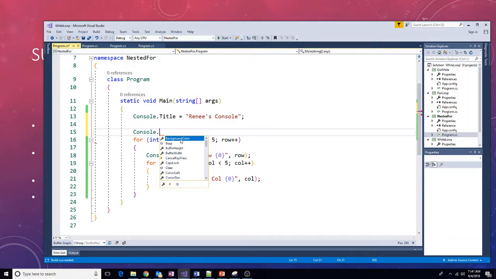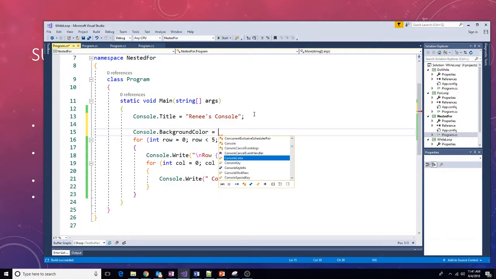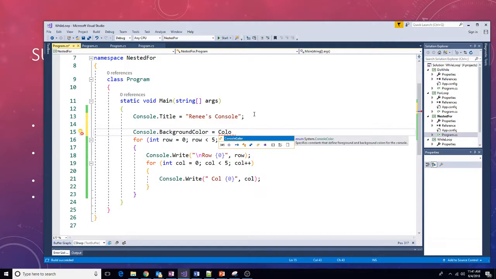So I want to set my background color. I'm going to set it to a color. A ConsoleColor, looks like what I have to use, type of object. And the color that I want, let's see, this is going to be my background color. Do we want to make it all Matrixy? Let's make it,